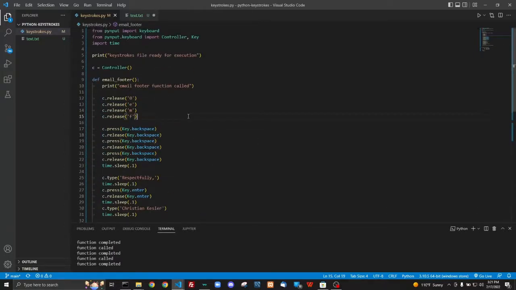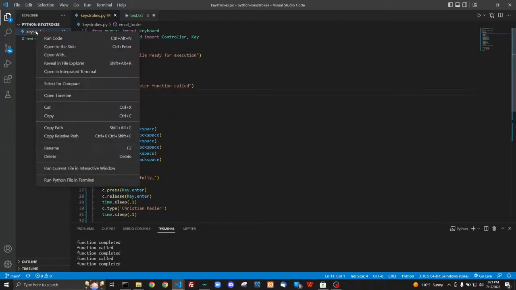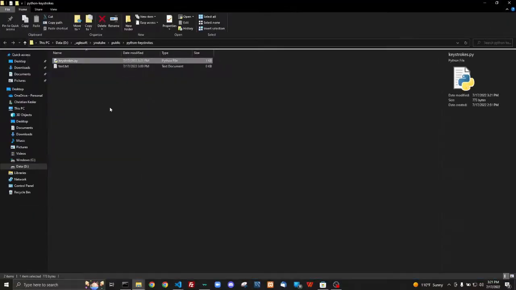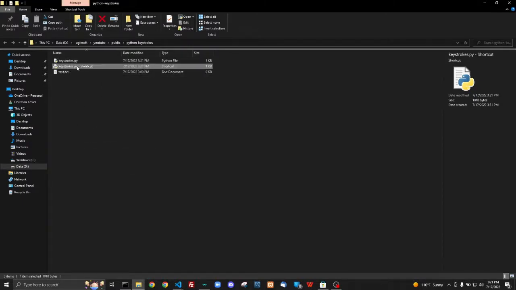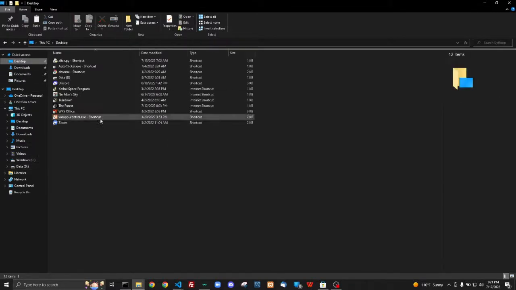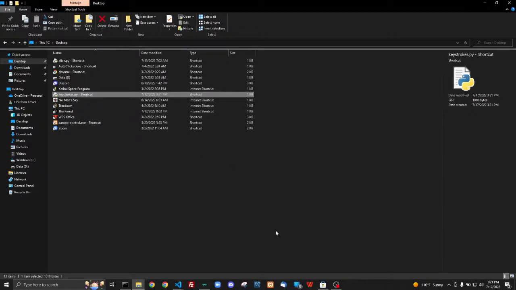And now the other thing we want to do in order to make this ready to use after our quality of life changes is to set up a shortcut. We don't want to go into Visual Studio Code or the command line or have to find this thing in the File Explorer every single time we want to use it. So we're going to go ahead and right click, open in File Explorer, select the file, and we want to create a shortcut. So we can cut the shortcut, head over to the desktop, paste it there,